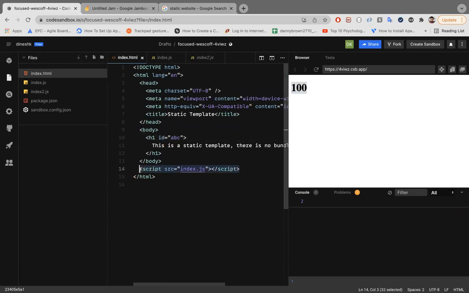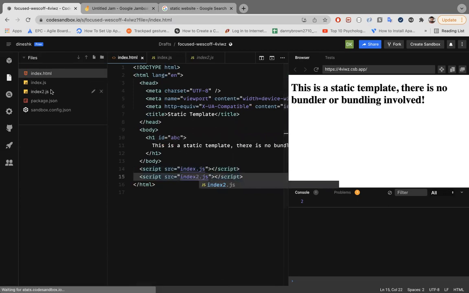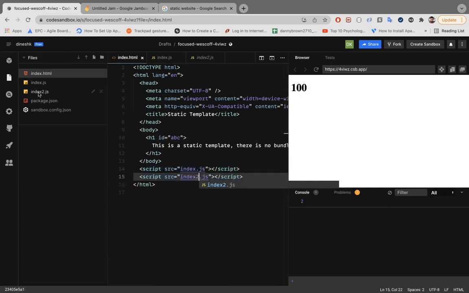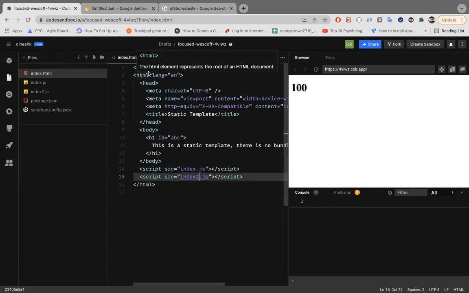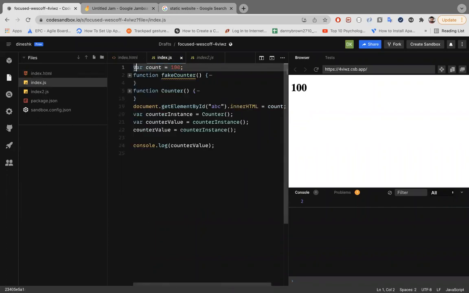ठीक है, इस HTML फाइल के अंदर मैं मल्टीपल स्क्रिप्ट फाइल्स को लोड कर सकता हूँ। जैसे index है, index2 मैंने करके एक फाइल बनाई है जो यहाँ पे है। इसके अंदर भी मैं जावास्क्रिप्ट लिख सकता हूँ। फाइल लोड होने का जो प्रोसीजर होता है या जो कंटेंट HTML, CSS और जावास्क्रिप्ट में चलता है, इट्स ऑल स्क्रिप्टिंग। ये HTML फाइल भी जिस मोमेंट पे जिसको लिखा जाता है उस टाइम पे लोड हो जाती है। XML भी ऐसे ही पार्स होता है। जब पहली स्क्रिप्ट लिखते हैं तो उसके अंदर का जावास्क्रिप्ट लोड होता है, फिर जब मैं दूसरी स्क्रिप्ट लिखता हूँ तो दूसरी स्क्रिप्ट के अंदर का जावास्क्रिप्ट लोड होता है।